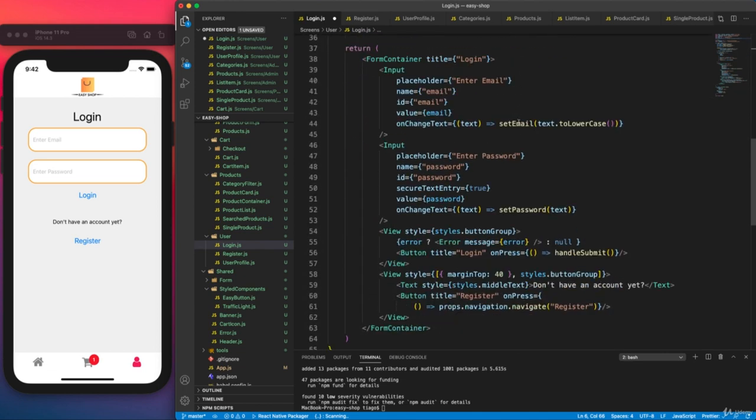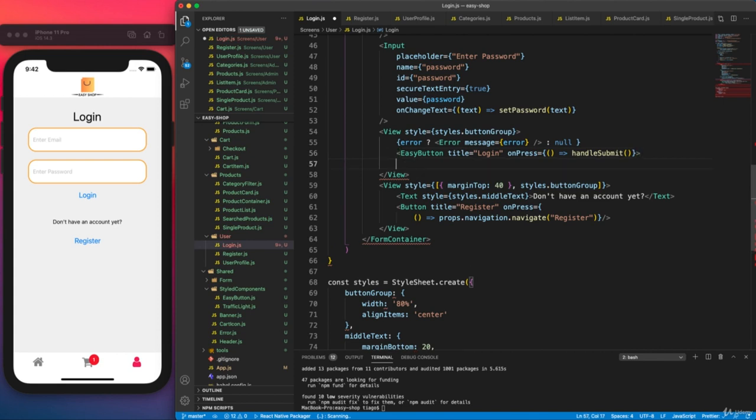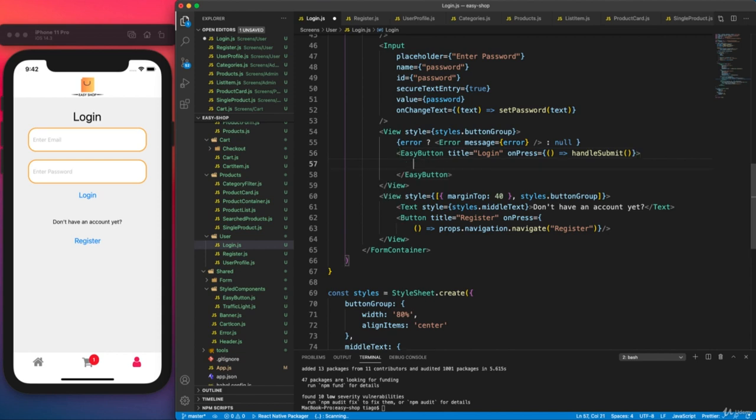And then we go down here to our buttons, and this first one will be the login, and we can say just easy like we did before, and we also need to close it with another tag, so easy button, and inside we'll have the text,